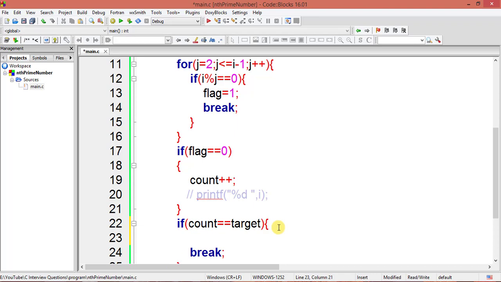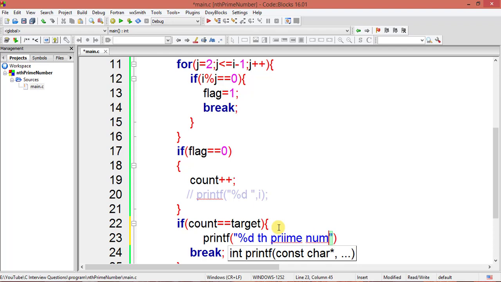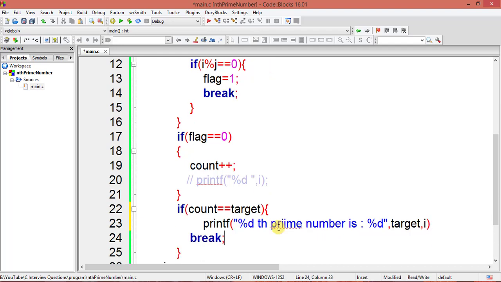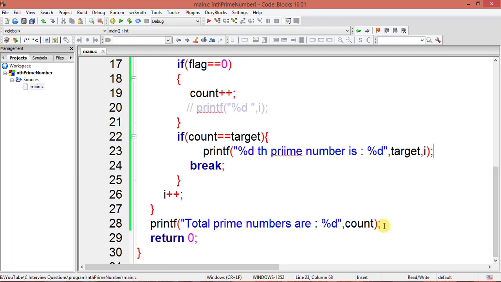So we can write printf, and here we can write nth prime number, %d prime number is %d. The first is the target variable, and the second one is going to be i. Okay, and last a semicolon, and here let's comment this line.